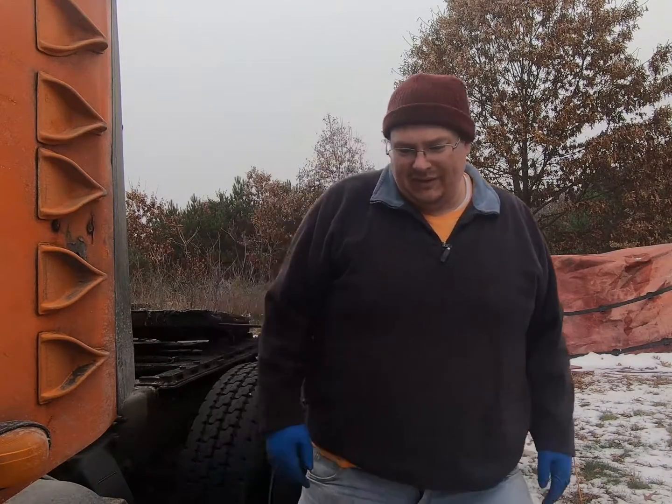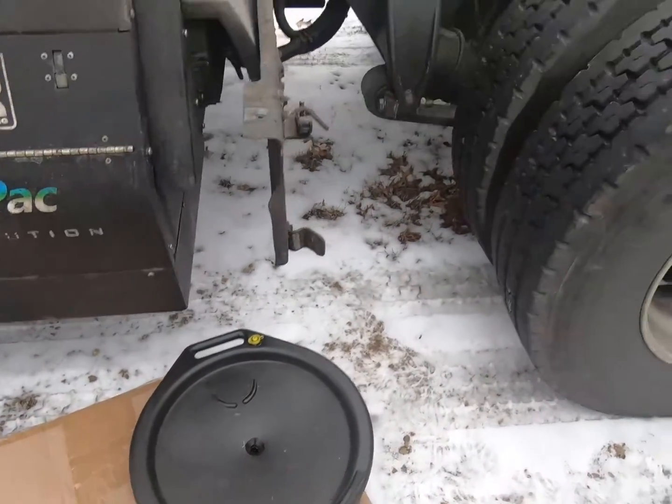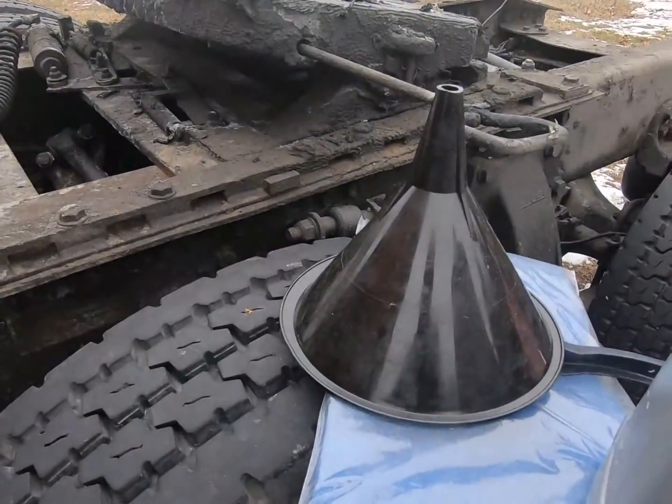You can do it yourself here. And first I'll just kind of go over what we need for supplies and tools to get this done. First, you're going to need yourself an oil drain pan, a funnel,